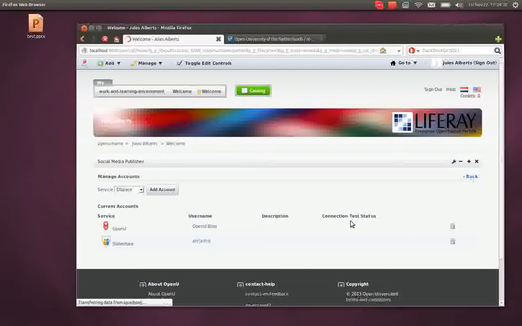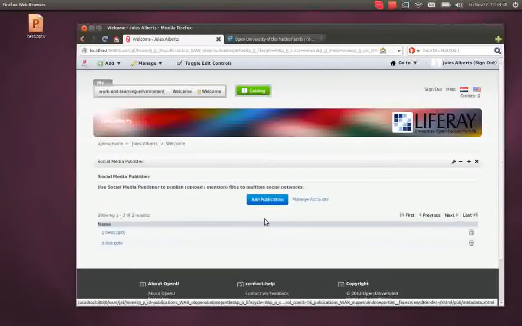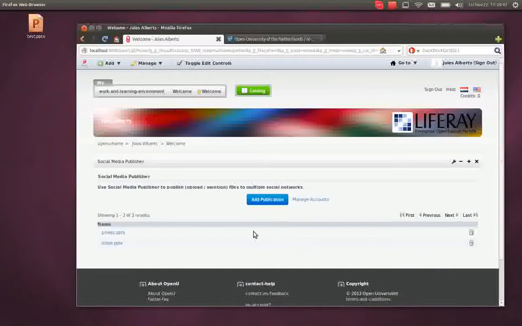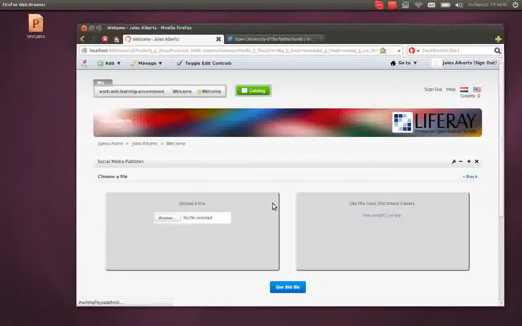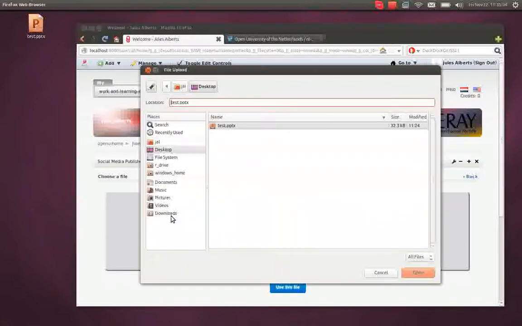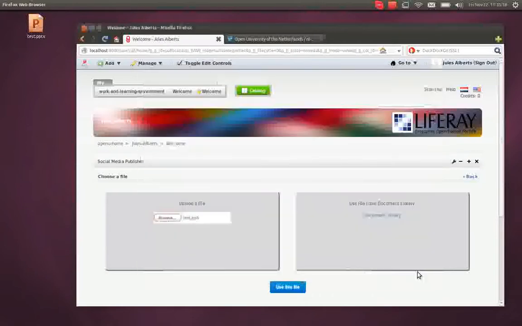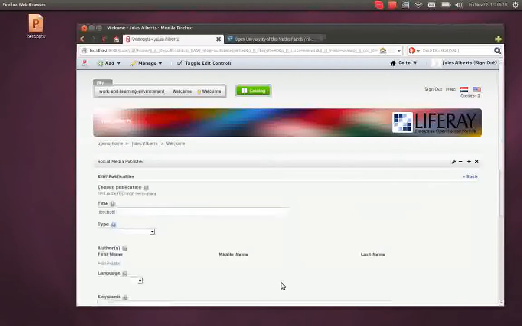We go back to the main screen and we add a publication. What you see here is a list of previous publications. Now we're going to add a new one. Okay, so now you have two options to choose from. One is to upload a file from your computer. The other one is to use the document library, the Liferay document library, which I'm not going to do now. So we're going to upload a new file. I've created a new PowerPoint presentation with nothing in it, but that's not the point. So we have our selection here and we say use the file, and now we get